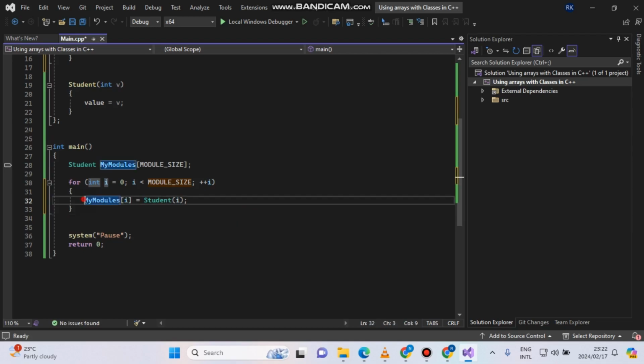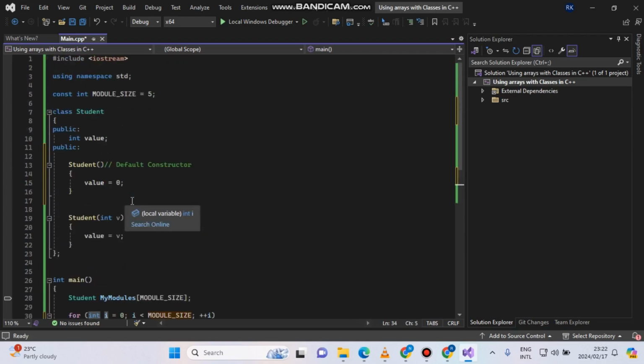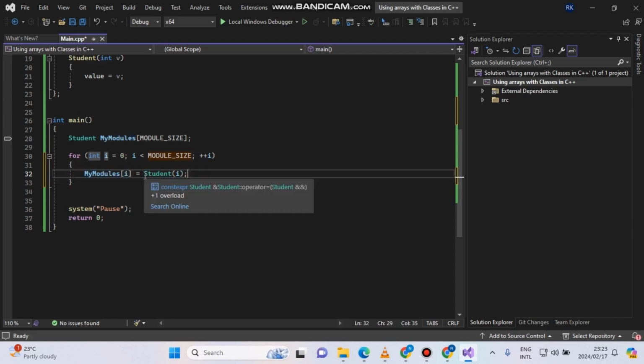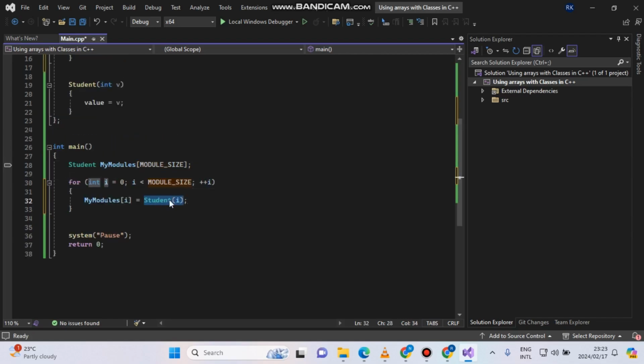Awesome. Okay, so guys, as you can see on line 32 here, what's happening is that we eventually want to say, okay, based on the number of modules being defined as a constant variable here of 5, the for loop engine is going to start by saying, remember this is an array. An array starts with an index. The index is going to cover 5 elements, which means this line of code will contain that number of elements. But right now, the student with parentheses I is eventually a constructor. So this constructor is going to take the same level of input based on this constructor being defined here, as number of input. Store them now in this my modules